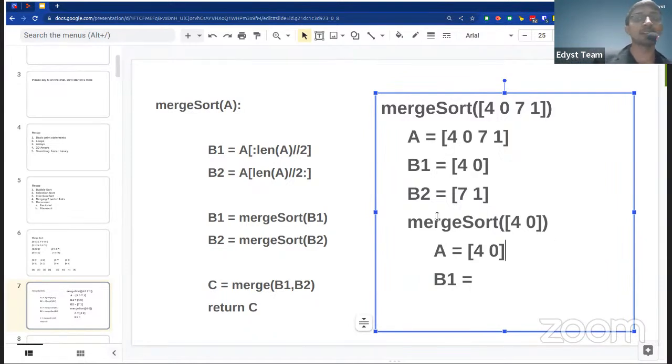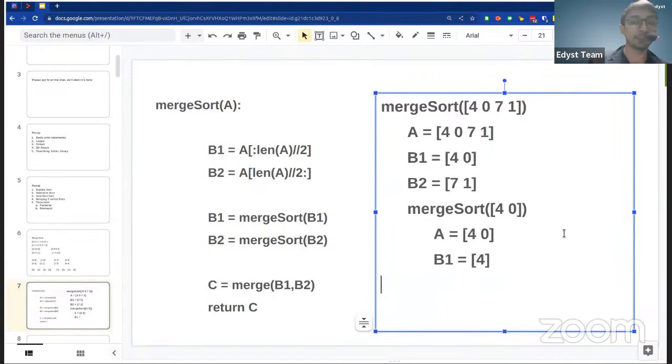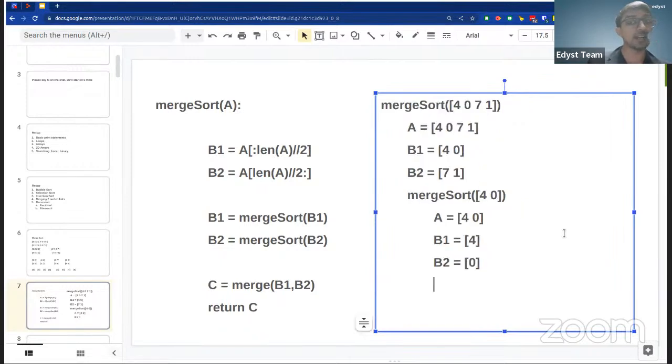So when I say B1 is equal to merge sort of B1, what I'm trying to say is do merge sort of 40. For that function, A is 40. And then B1 will be equal to 4. Very good. B2 will be equal to 0. And again we are calling recursion. So we are saying do merge sort of